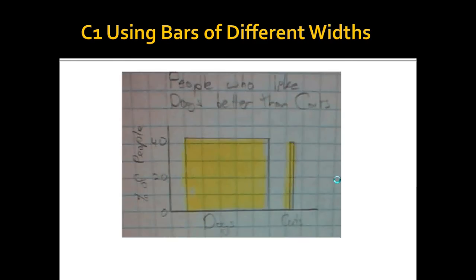Now, these next techniques for lying are specific to bar graphs. First of all, make the graphs different widths. Notice how fat this one is, all about dogs, and this one is really tiny about cats. The actual amount of space this bar occupies is many times the amount for cats. So when you look at it, your mind tells you that this is enormously bigger. But if you look at the difference, notice that there's barely any difference at all between the two percentages. Simply by making a much wider bar, you're twisting people's perspective.